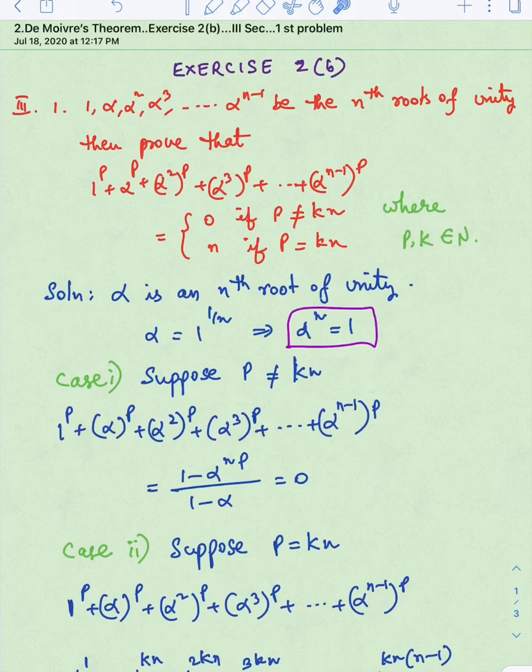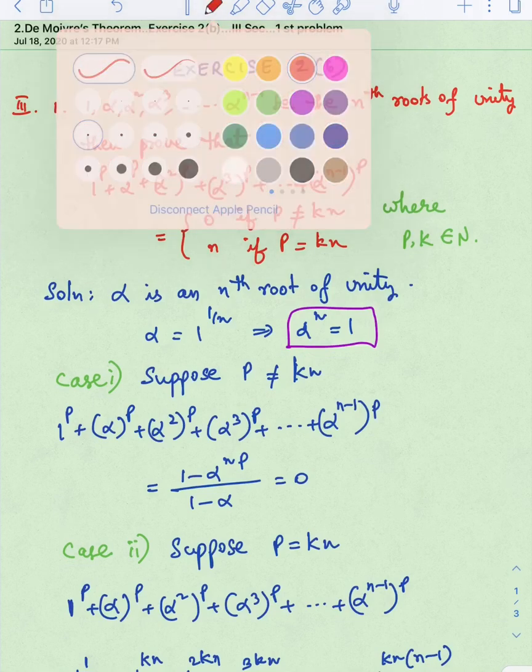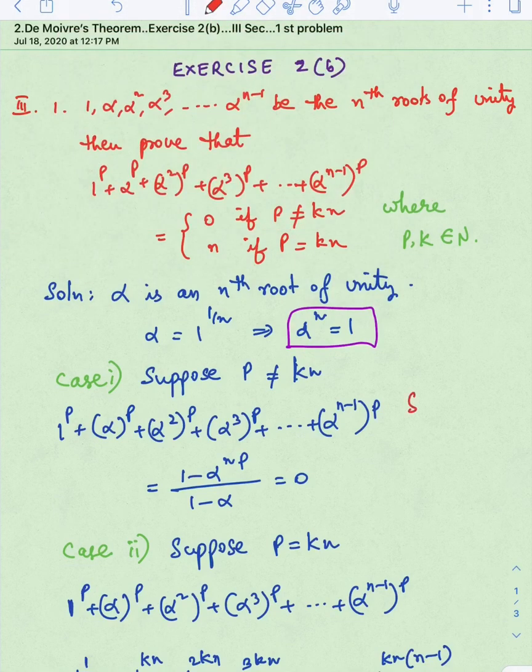Let us take this LHS part again and observe that this is in GP. We learnt GP in 10th class: first term, second term, third term. How many terms are there? There are n terms, already given in the question. These are n terms and this is in GP. To find the sum total, there is a formula in GP. What is that? I will write it and explain.